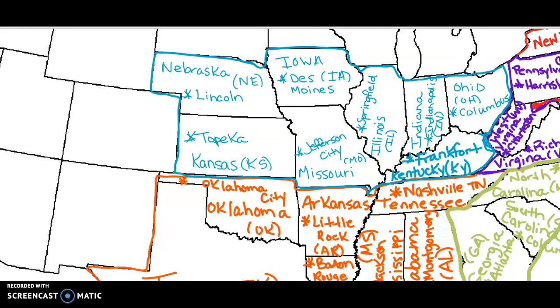Alright, so map test number 4 was 25 states. The new ones were the orange ones down here. The orange ones down here were your new states last week. So you've got 1, 2, 3, 4, 5, 6, 7, 8 new ones in blue for map test number 5. Map test number 5 will be on 2/19.